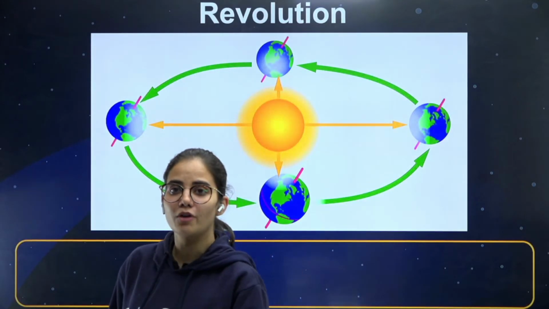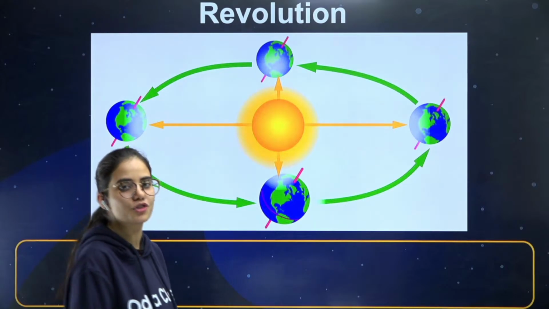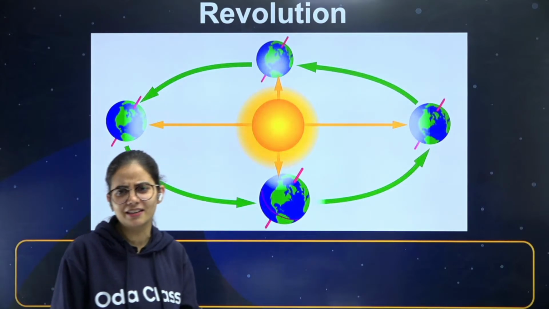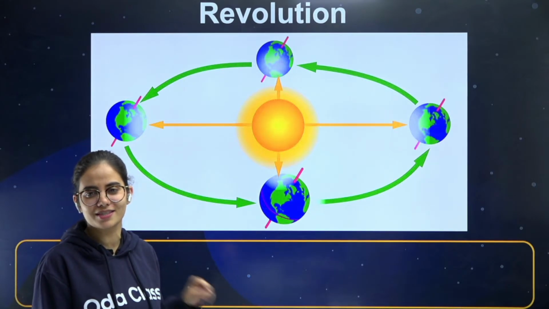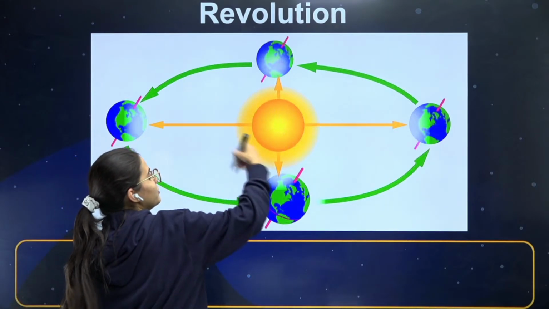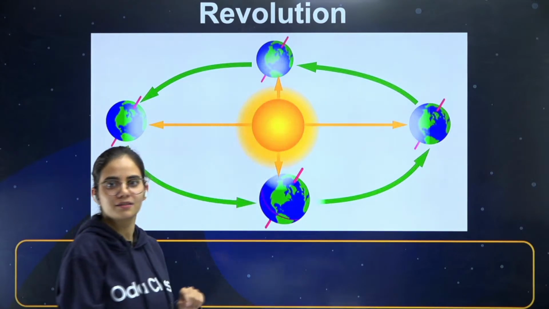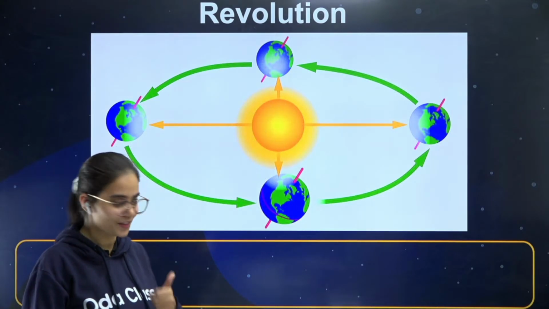And as I was telling you about the second type of movement, that is revolution. So what's happening in here? Why can we see these four Earths placed at different positions? Let me tell you. First, let's concentrate over here in the center. What's that? Pretty easy, right? That's the sun. Very good.